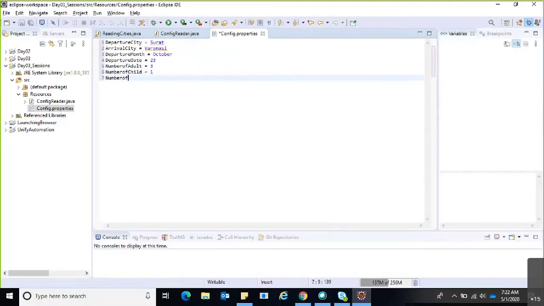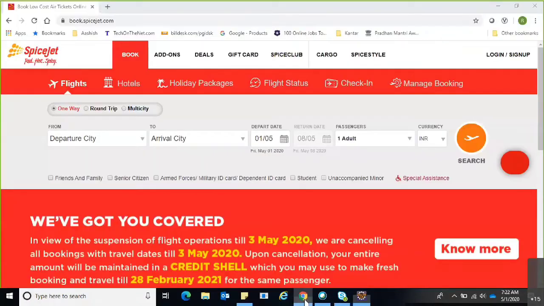Number of infant, that is 1. And I think the other one is the currency, let's say USD. By default it has selected INR, so I just want to select it as USD. And then I want to click on the search button.